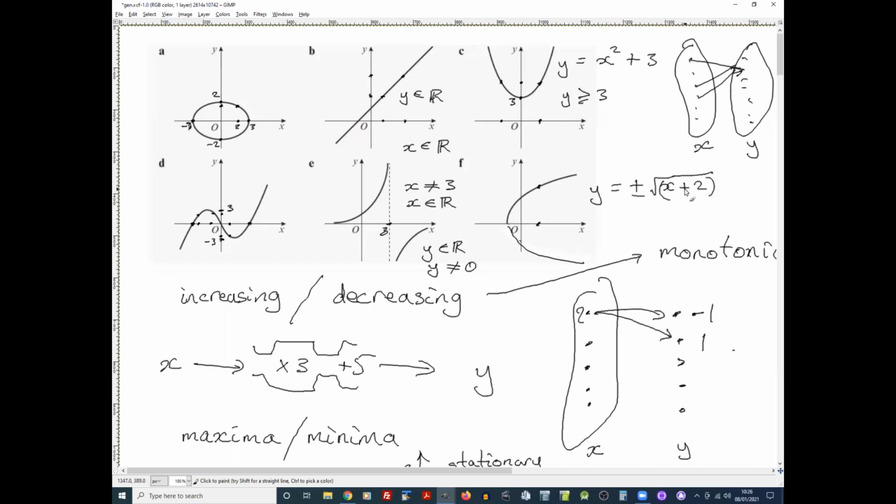Which might be surprising. It looks as respectable as all the others, but it's not a function, whereas this is a function. By taking just the positive outputs for x inputs, we've made sure that we are either